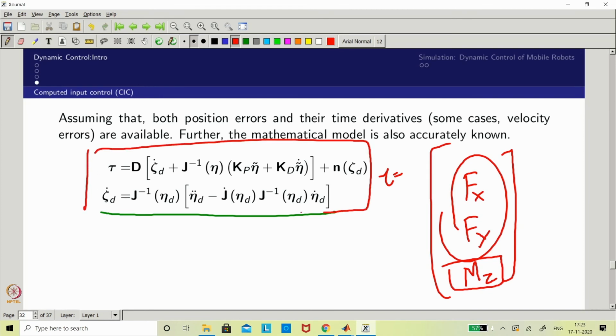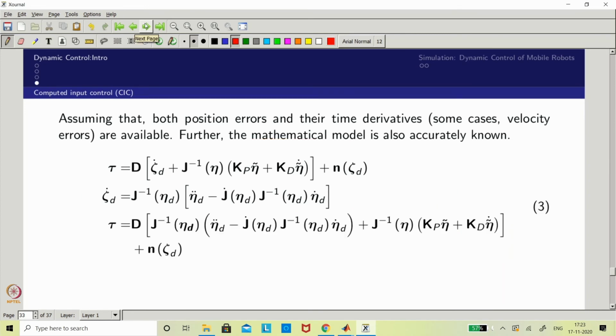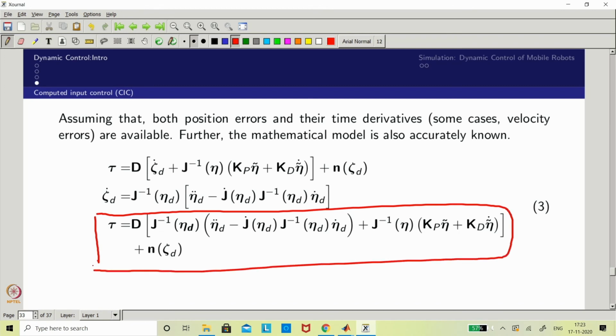Now you can take this forward and substitute it in the simulation model and then do it. So now I expand this further. What you get is the overall equation like this. So this is your tau equation. You replace what you have done earlier. What we have done earlier, tau is gamma into kappa, right. So now you replace that into this and run the simulation, you will get it.